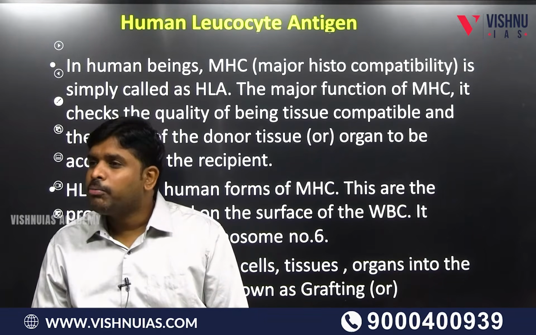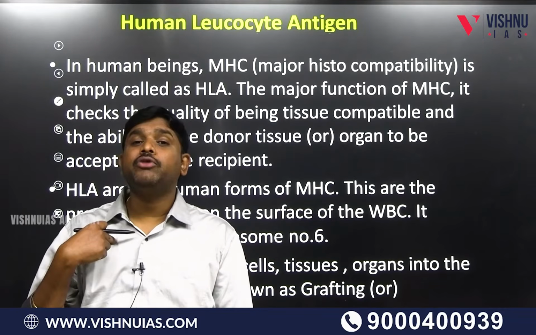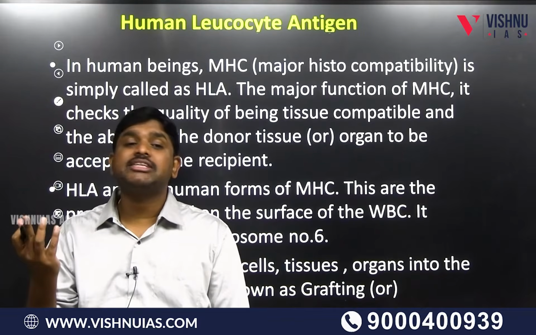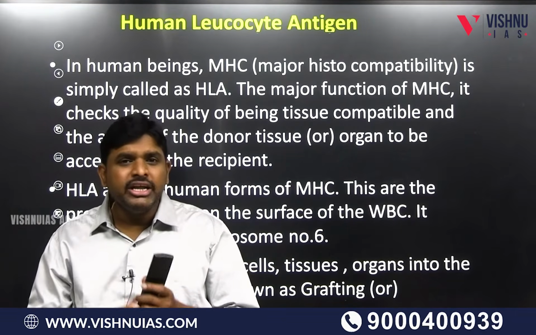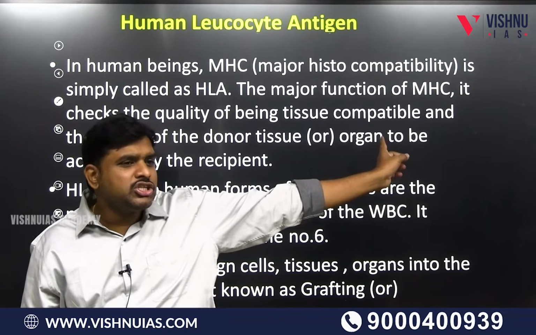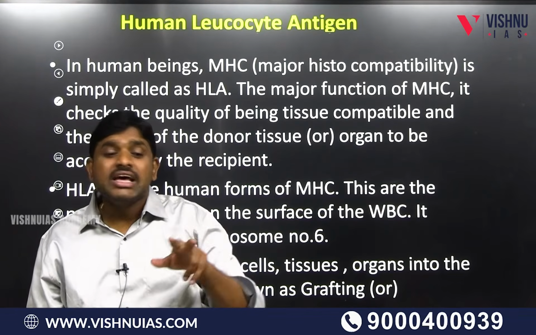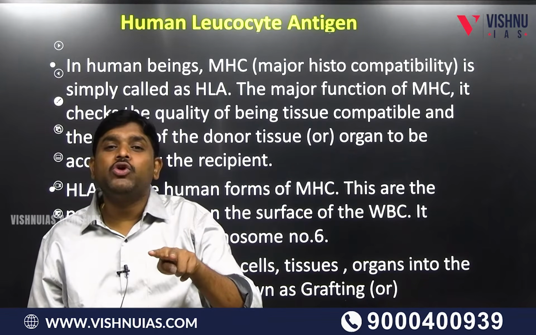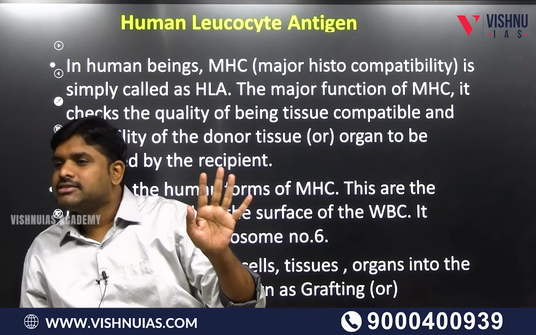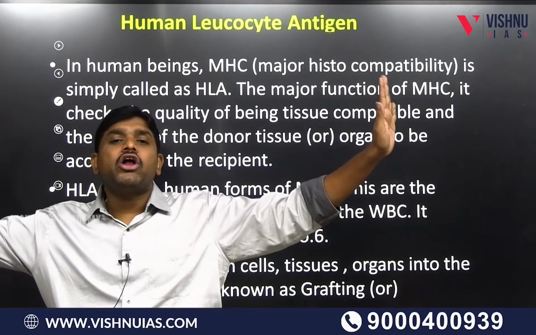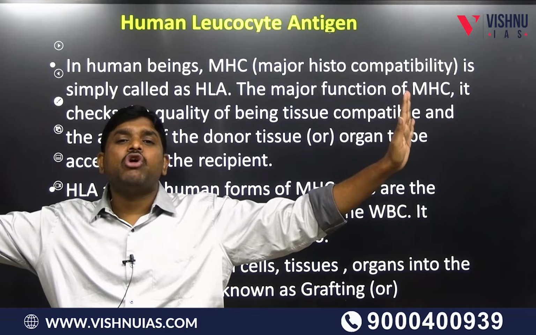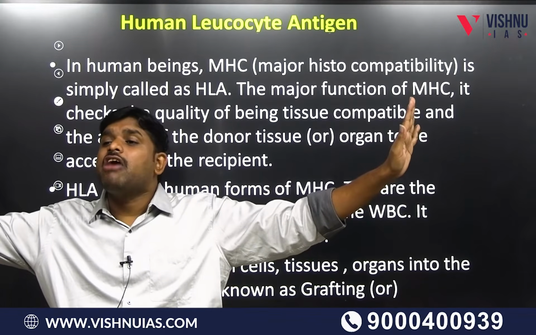Antibody is nothing but protein. So I can accept your kidney or you can accept my kidney. That possibility will be there when there is major histocompatibility. So major histocompatibility is the comparison between two human leukocyte antigens. Any grafting, any organ transplantation happening on earth can happen only after comparing